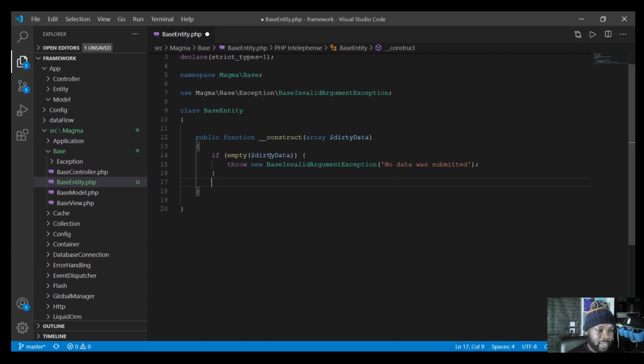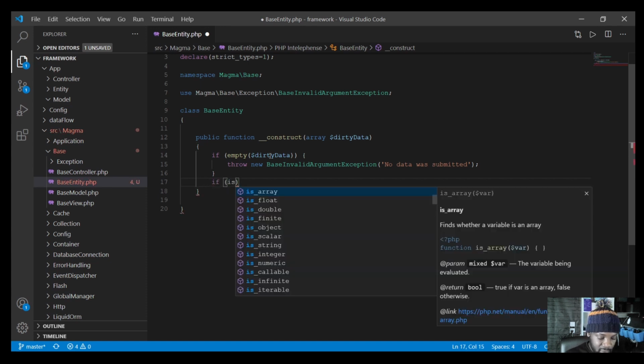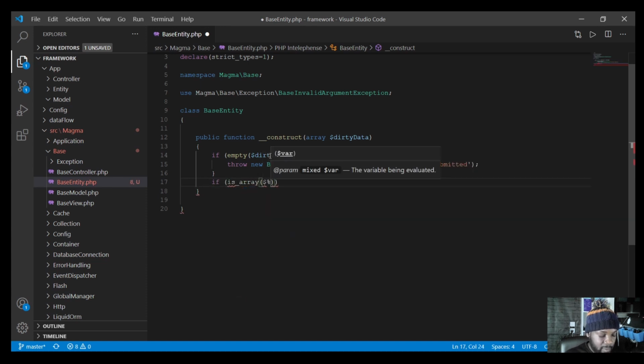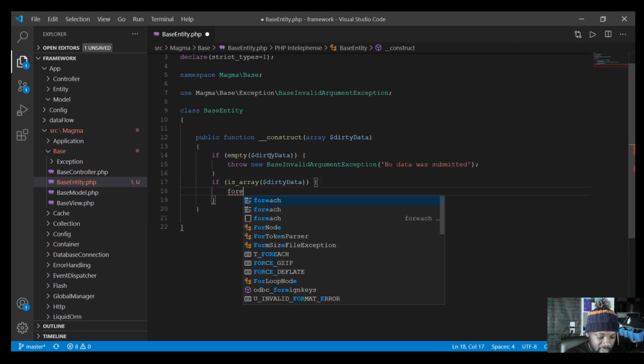And the next bit I want to do is check if it's an array, and then iterate over that dirty data, because that's an array coming in, checking that it is an array, and then iterating over it. So I'm going to say if is_array dirtyData, I'm going to say foreach